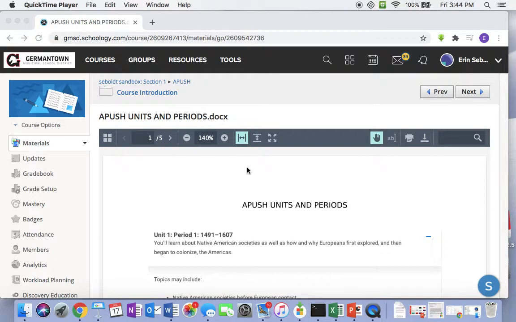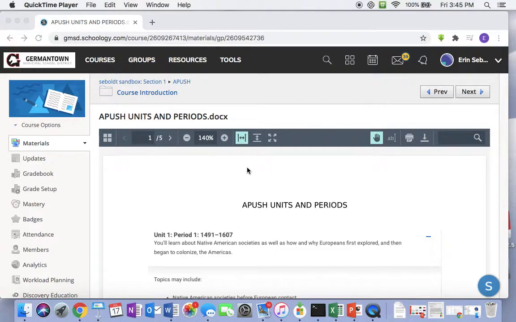So now I want us to look at another document in the introduction folder, and that is the units and periods. This is just taken straight from the College Board website. It's an explanation of how the College Board organizes their units or their periods, some topics that might be included